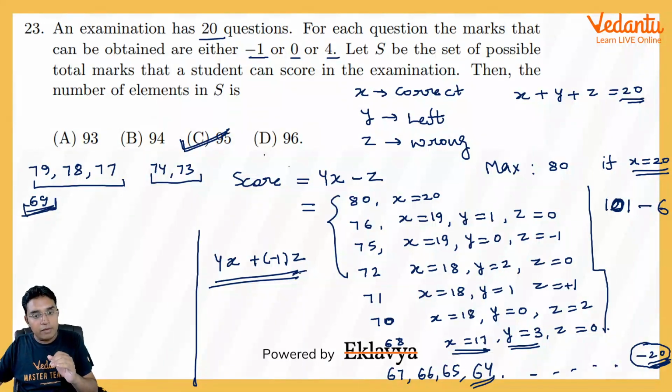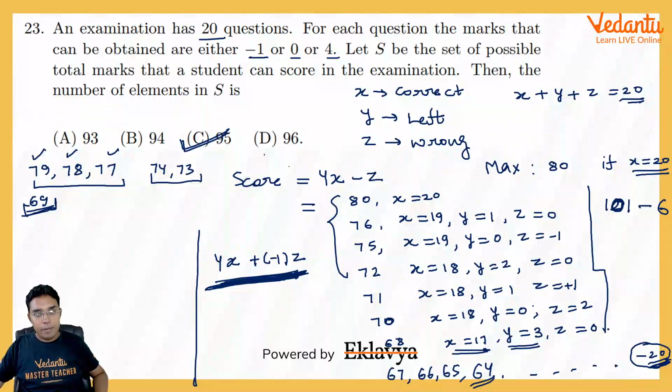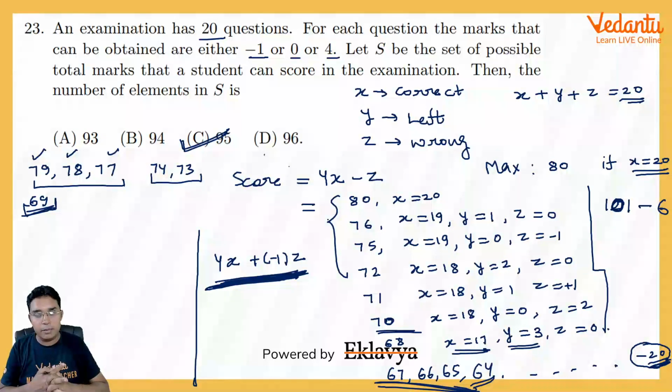So I do not have that much freedom. If we were free to choose any value of z, then even these values could be fitted in. But these are not possible because of this constraint. After certain values, that constraint has also gone, so all these values are possible to get. So here the answer will be 95. This is how this question can be done. You can do it by the coefficient method also, but